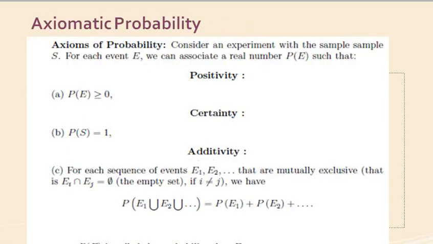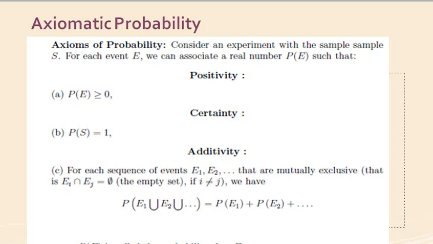The last one, the third one, is called the axiomatic probability. It overcomes all the limitations of both the probability approaches that we defined earlier. So the axiomatic probability considers an experiment and the sample space, and of course the sigma field that we defined in the earlier class. So we can define axiomatic probability as: consider an experiment with a sample space S, and for any event E, we can